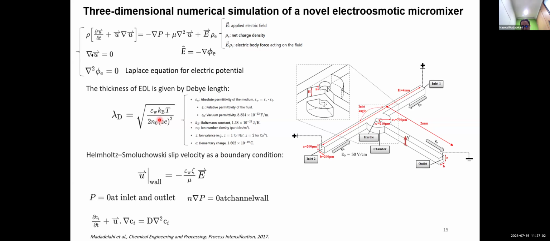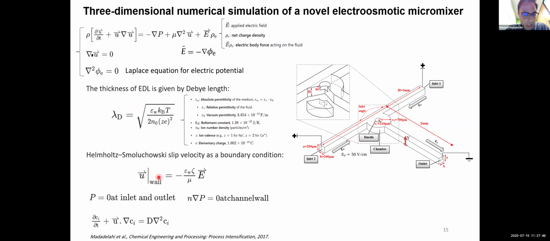That is very, very thin. And considering that this rho E, or net charge density, exists in that thin electric double layer, I have the option to neglect this body force here and solve this Navier-Stokes equation, but instead of a no-slip boundary condition over these walls, I apply a slip velocity boundary condition because of that neglected electric double layer. How can I find that